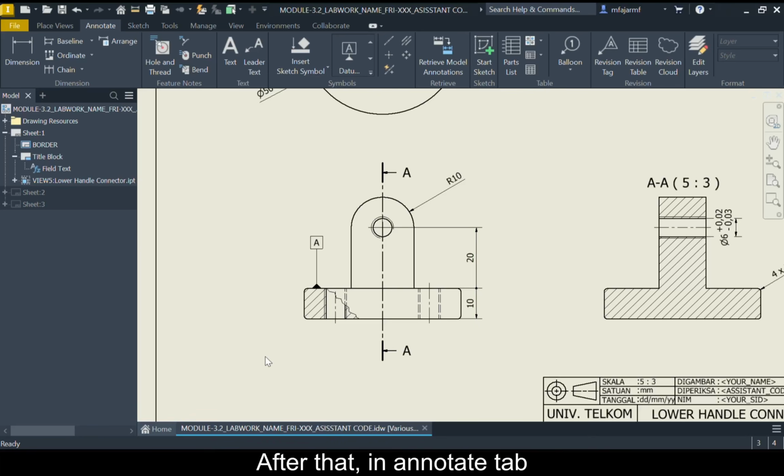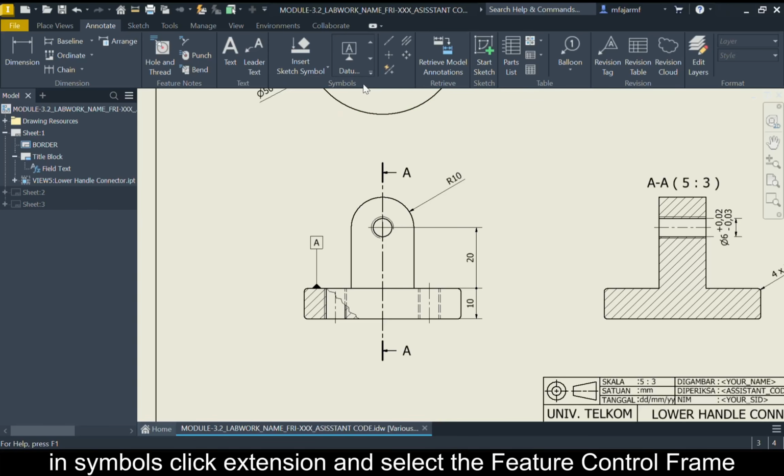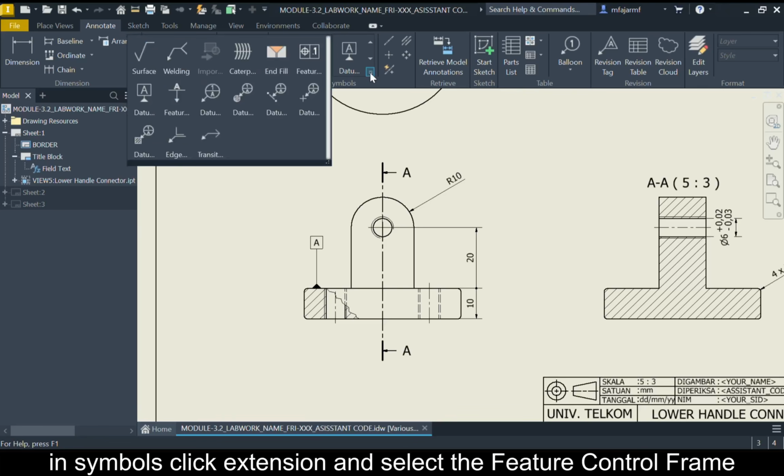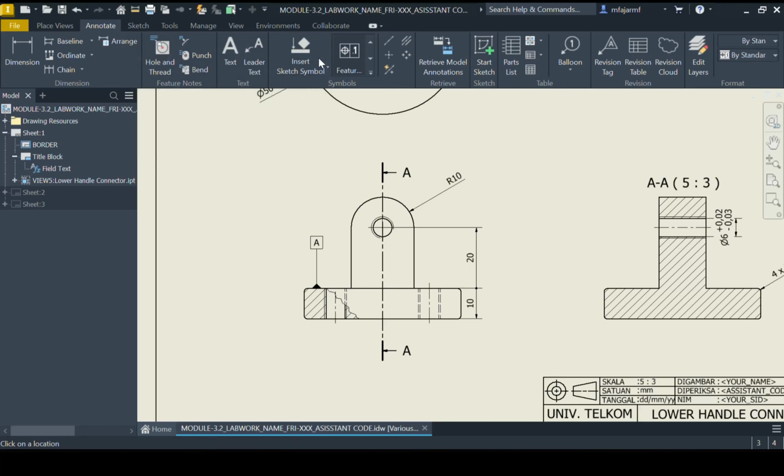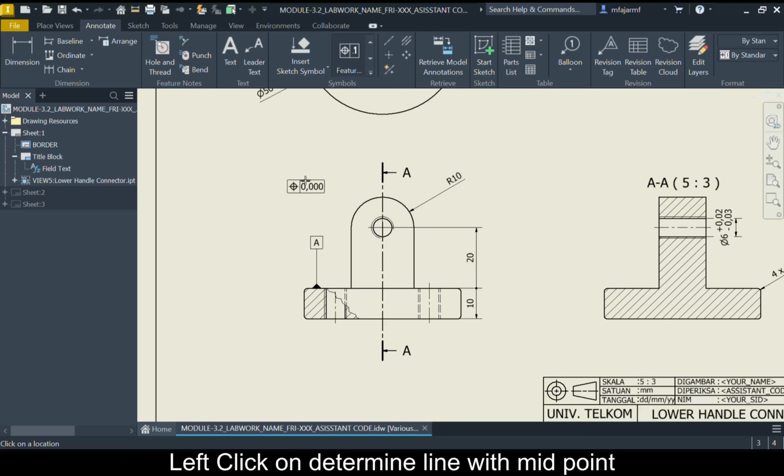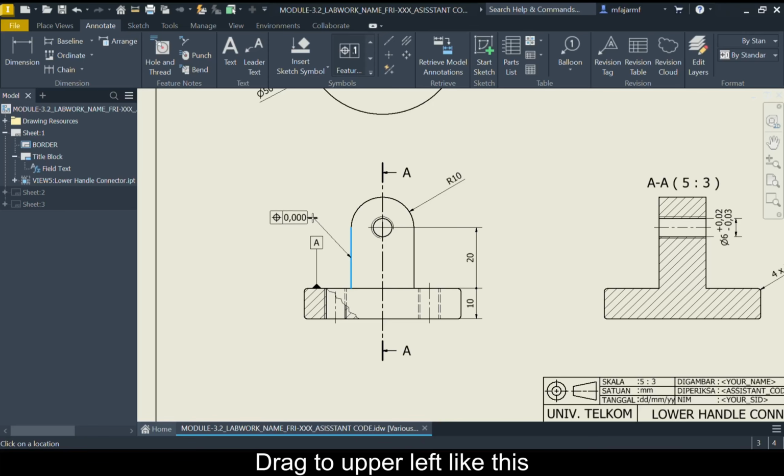After that, in the Annotate tab, in Symbol, click Extension, select the feature control frame, and left-click on the determine line with midpoint in here, drag to the upper left like this.